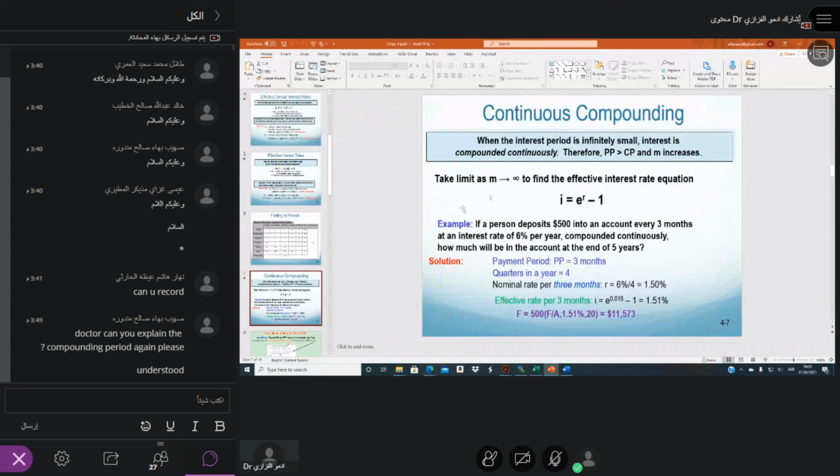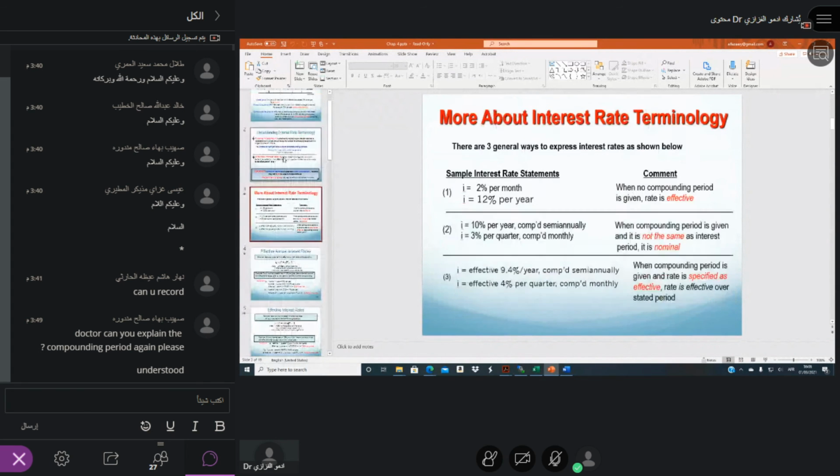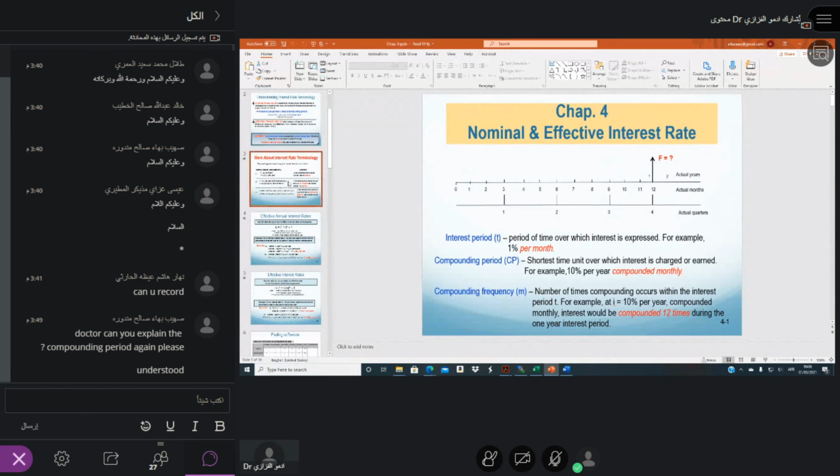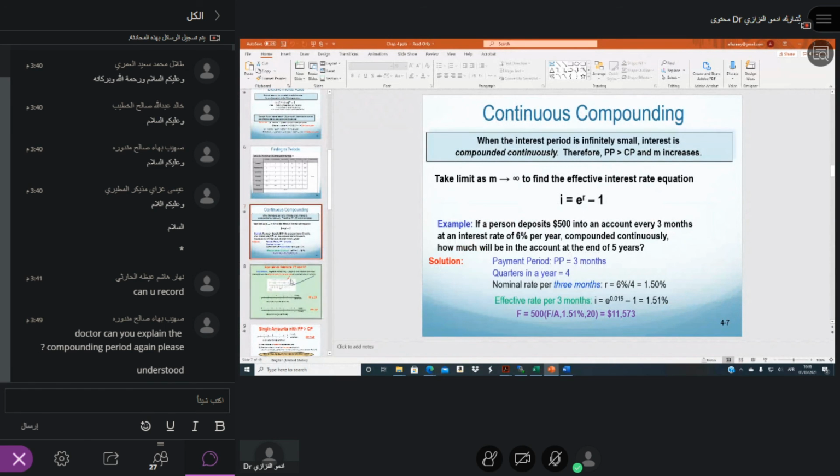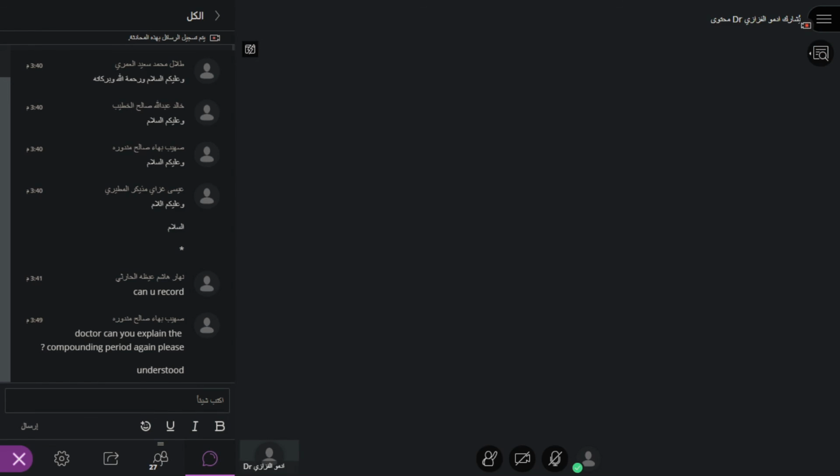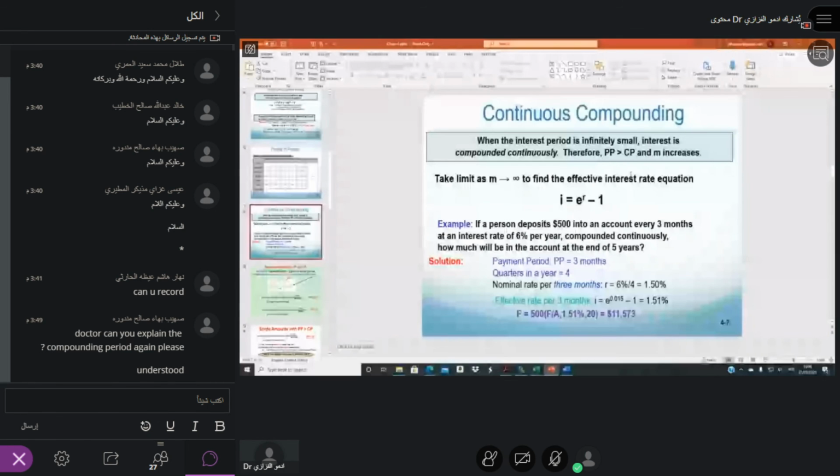Therefore, in this case, actually I wanted to stop somewhere around here, but let's just complete it. So therefore, payment period is greater than compounding period, and M is increasing. I mean, if the compounding period is a lot, that is the interest period is very small, then your compounding is very